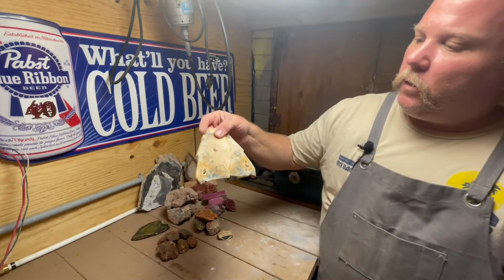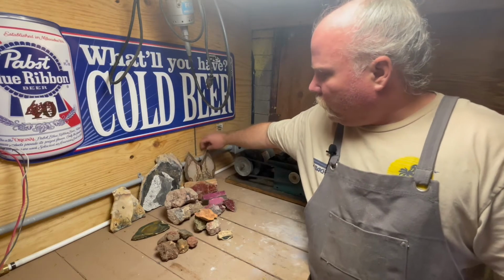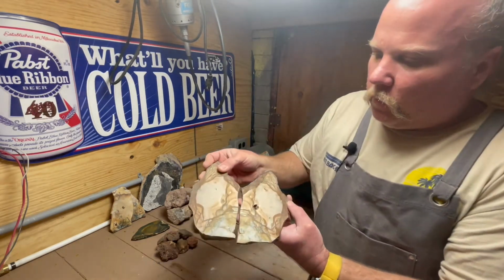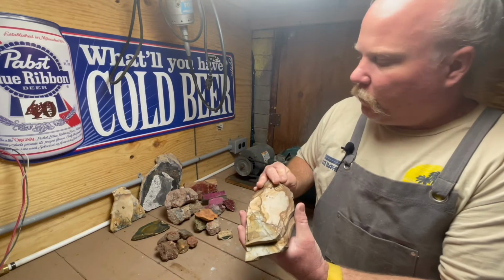A couple matching pieces of Snake River dendritic. Nice big slab of Tiffany stone, and a really beautiful matching butterfly cab of some old Biggs. I don't know if I'll ever cut those, but I just want to show off a couple pieces from my